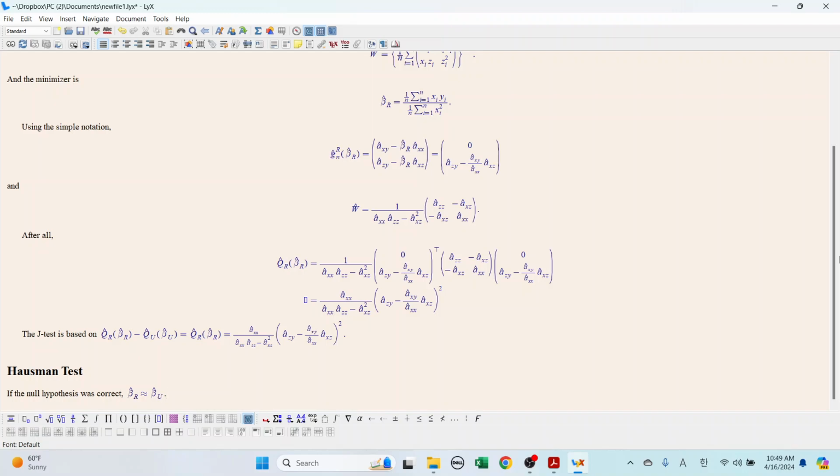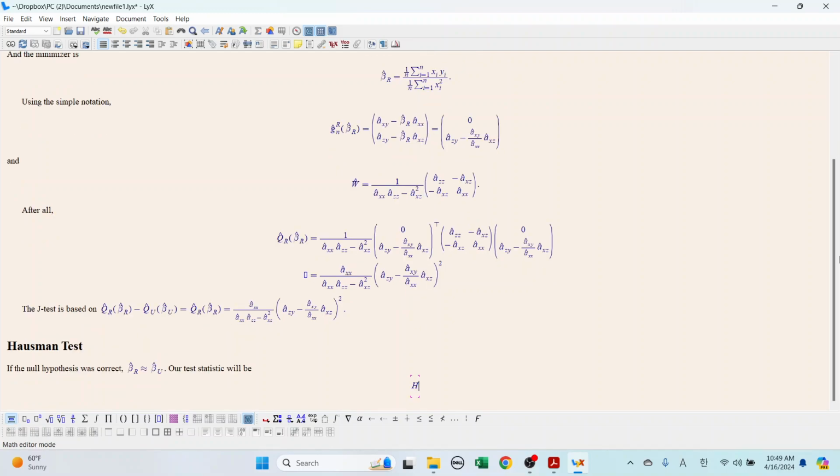That is the idea of the Hausman test. So our test statistic will be the Hausman test. Let's say the Hausman statistic will be n times